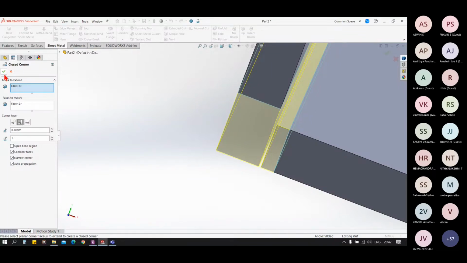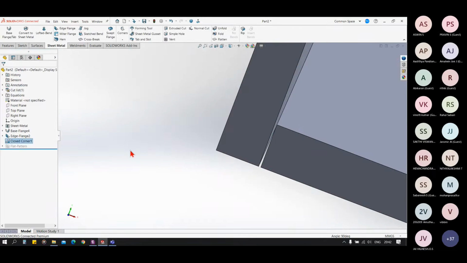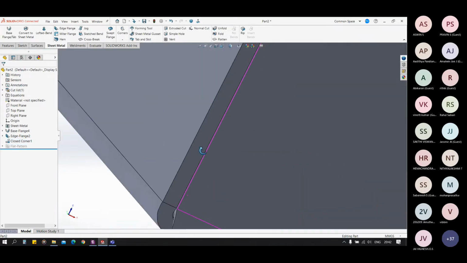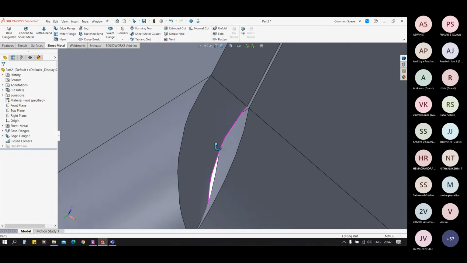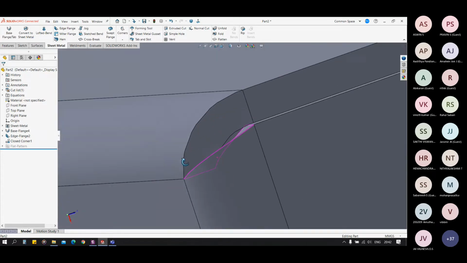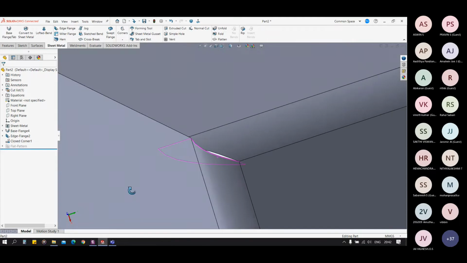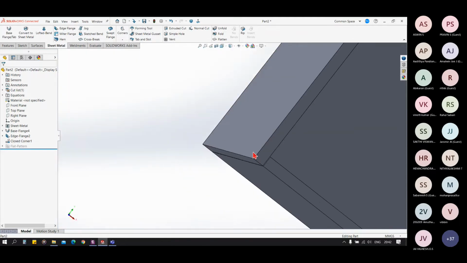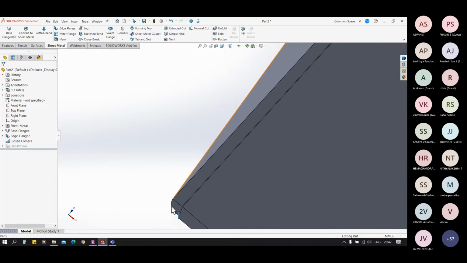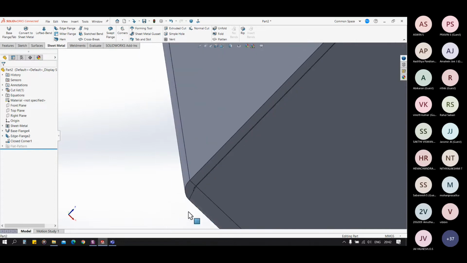Currently we are using the overlap option. You can see it will close a corner like this. We have reduced the corner treatment. We have reduced the gap between corners.